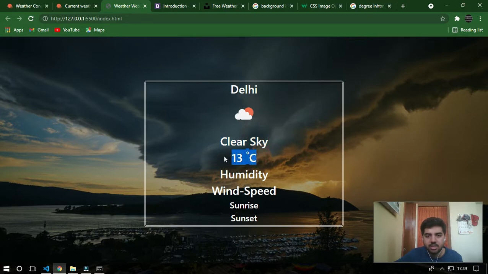Then I'm getting the temperature in Celsius. Then I'll get humidity, wind speed, the sunrise and sunset timings of that particular area. Do I need something? No, nothing. I guess nobody can see these tiny raindrops coming through the clouds because it is a different color. Okay, let it be.